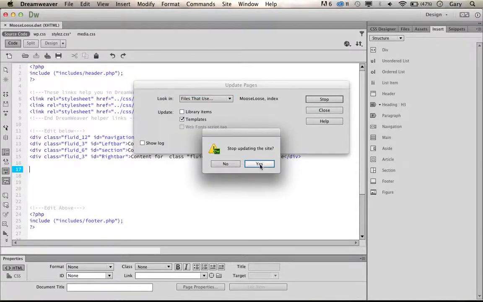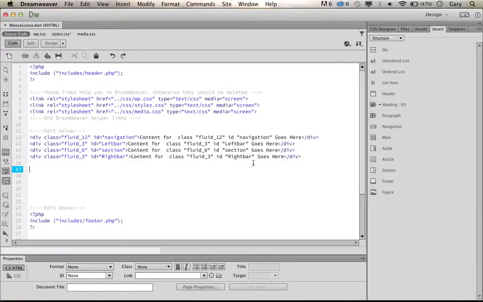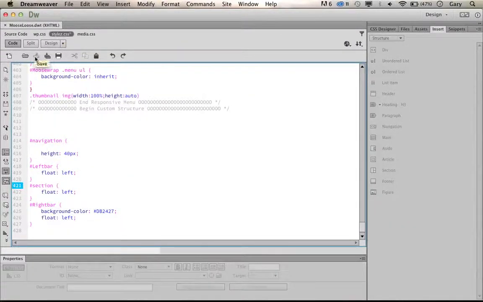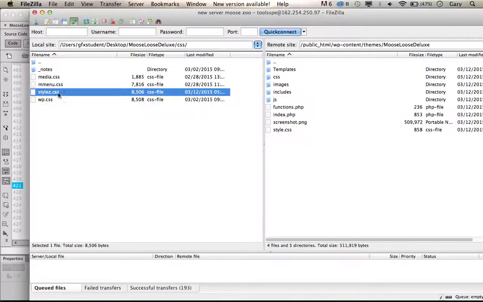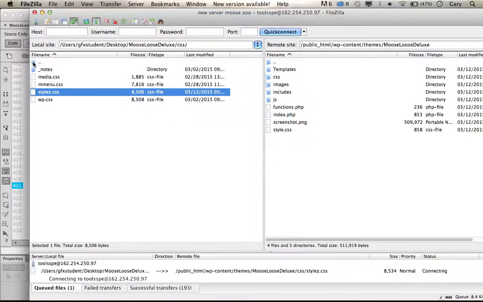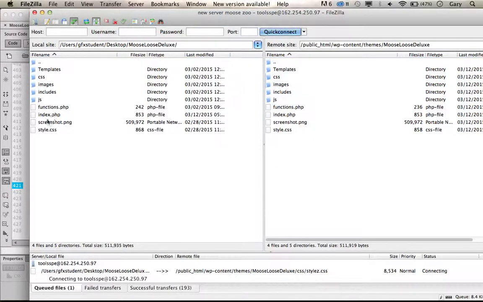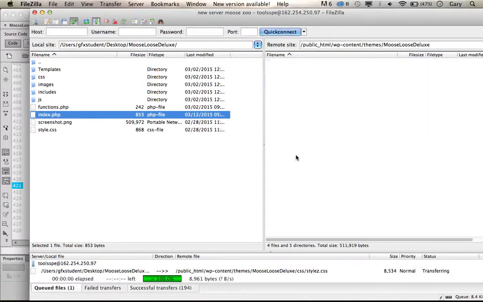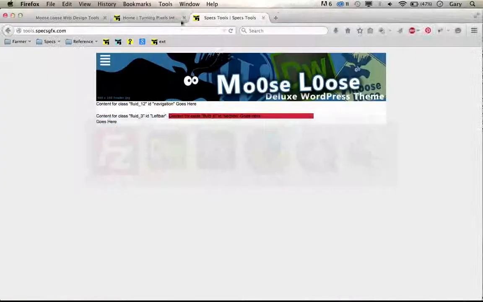Okay. And let's save all. Let's move styles CSS into the CSS. Let's move index up. And we should now see